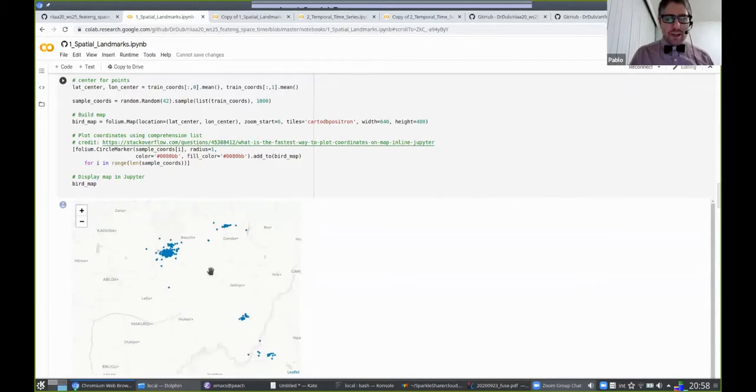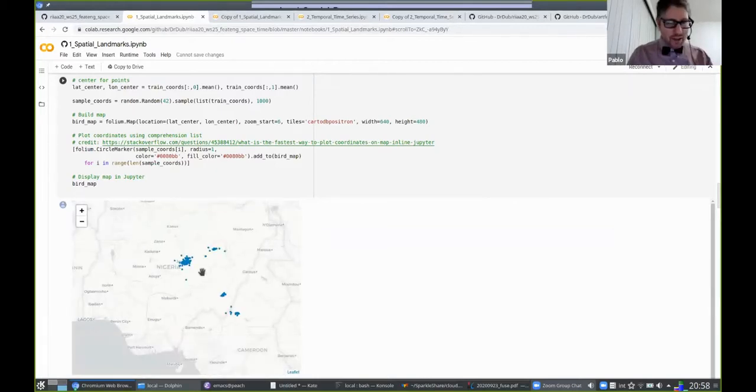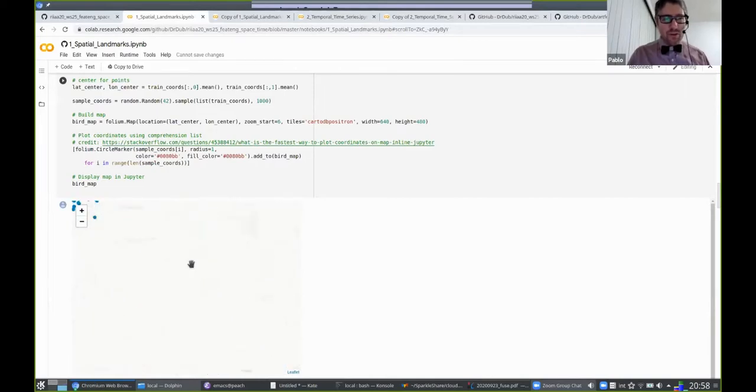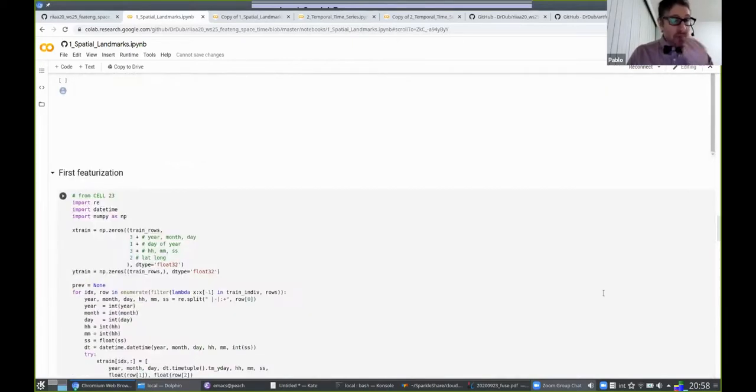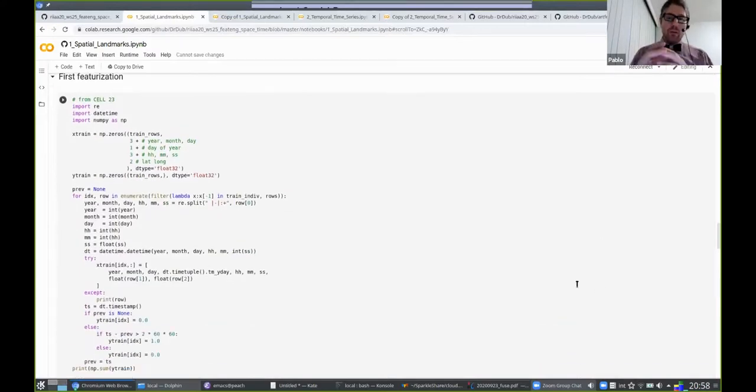We can see here that there are certain places where the birds seem to have spent a lot of time, and other places where they just were flying around. So the first visualization, we try to split, open up the time, the moment when the animal was,